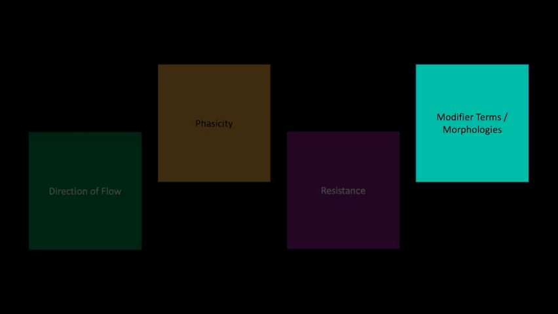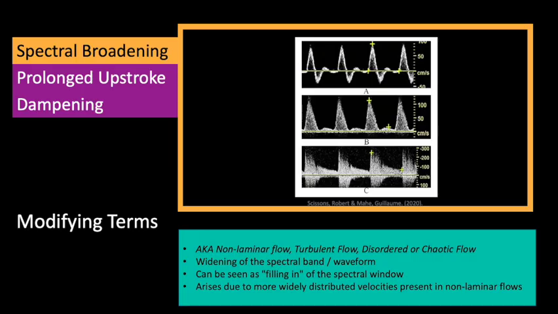Lastly, we're going to look at some patterns that can be seen to the trained eye when assessing spectral Doppler waveforms. And the guiding organizations refer to these as modifier terms or modifying morphologies. The first modifying term we see is called spectral broadening. And what this refers to is a widening of the spectral band, resulting in a wider, fuzzier display of our